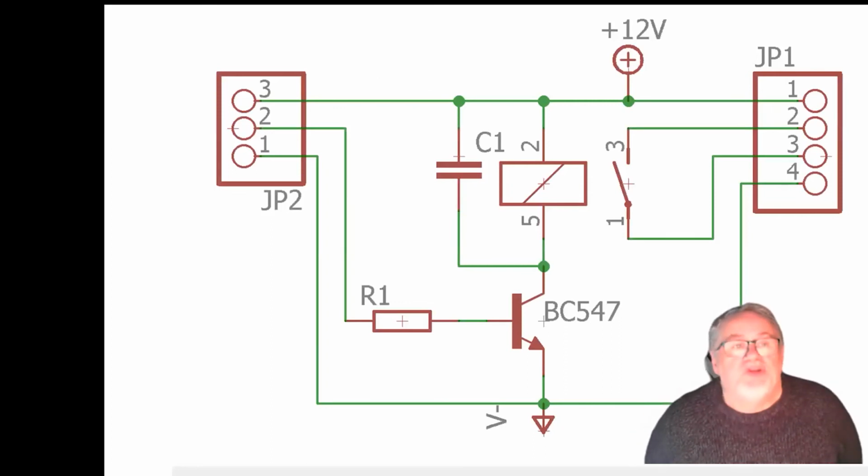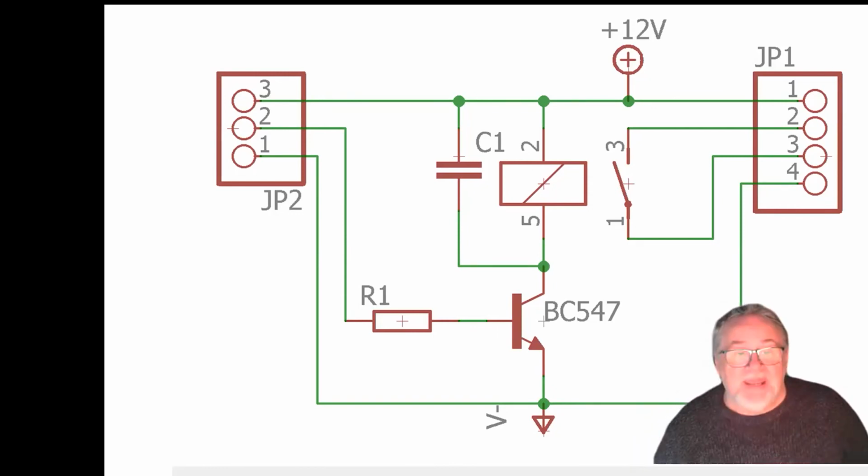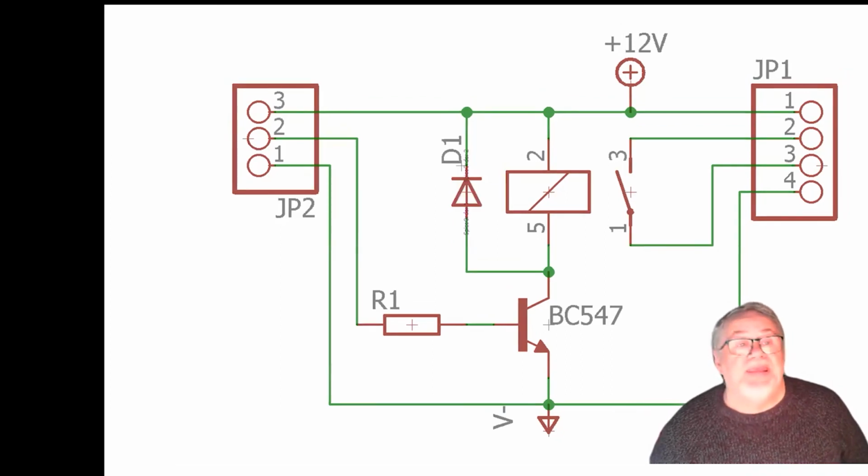This thing here used to be how you protected a relay. You put a capacitor across it to stop the spike, but nobody does that anymore. Two reasons. First of all, diodes are cheaper and easier, and you get better protection. It's called a flywheel diode. A flywheel diode means that if the transistor interrupts that circuit, the coil of the relay will try to keep